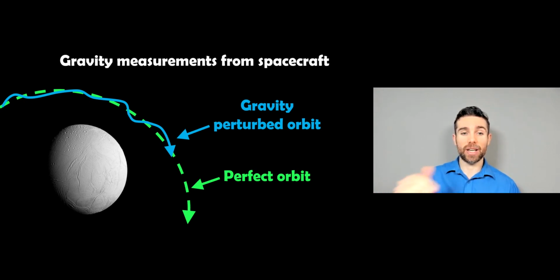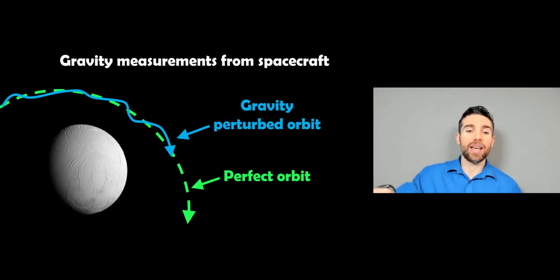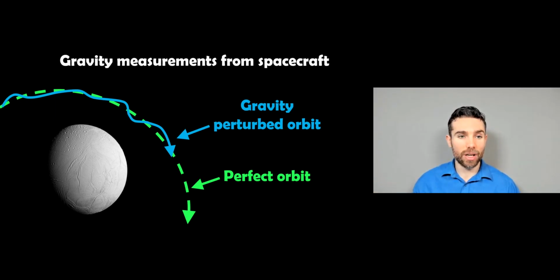If you've got a perfect orbit, it will take a normal orbit shape. But if you've got an uneven distribution of material underneath the surface, so different densities, different masses there, as it passes nearby, it receives a slightly different gravitational force and it perturbs that orbit slightly. So this is very exaggerated, but if you had a spacecraft moving by, the different internal structure would slightly alter its orbit, so you can see that it's not quite perfect,